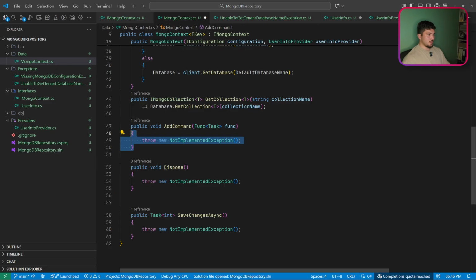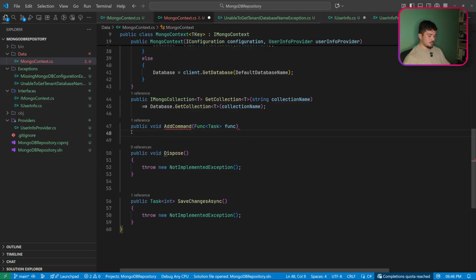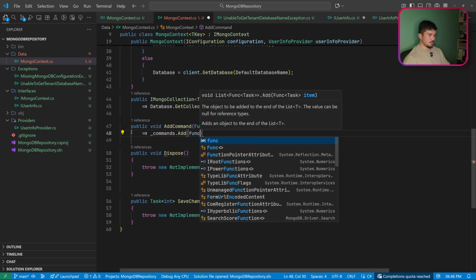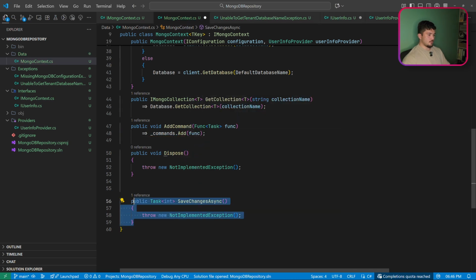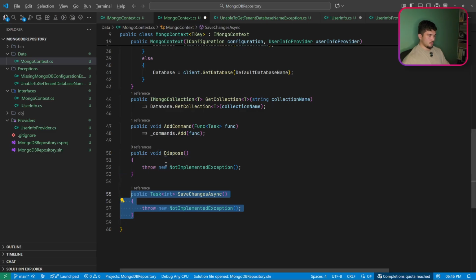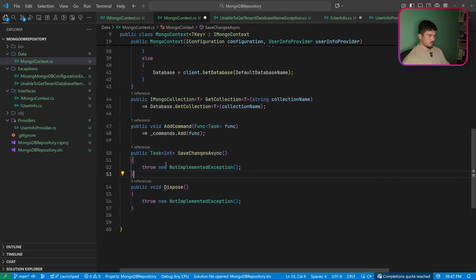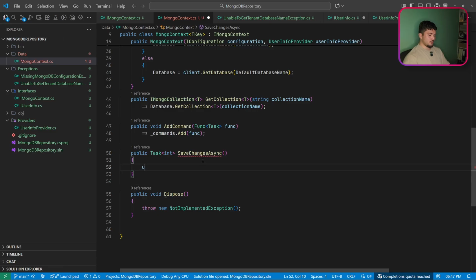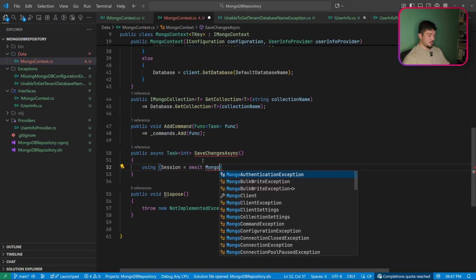To add the commands, this is also easy. We just need to do commands.add and then the function. And now we are going to do the save changes, which is a bit more complicated than that. We're going to do a using session because we don't need this session. We just need this session to save the changes. We are going to get the Mongo client